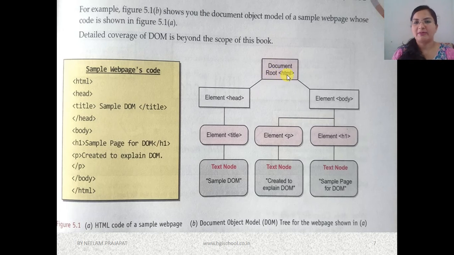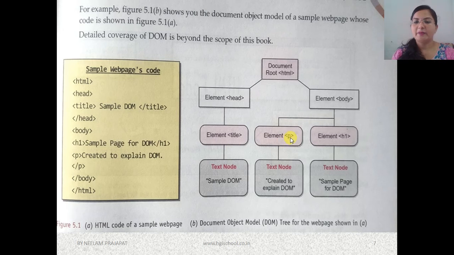So HTML comes first, then after that its child nodes are the head tag and body tag. You know very well, inside the HTML tag there are two tags, the head tag and the body tag. Now other tags come inside these tags. In the head tag we have studied only the title tag till now. So the title tag comes in the head tag. You can see this is an element actually.